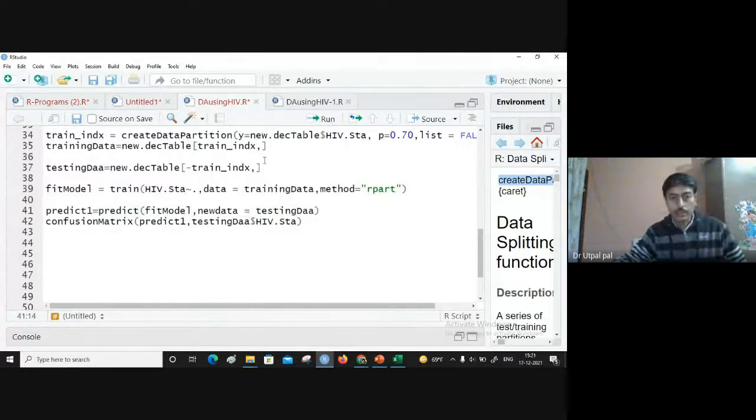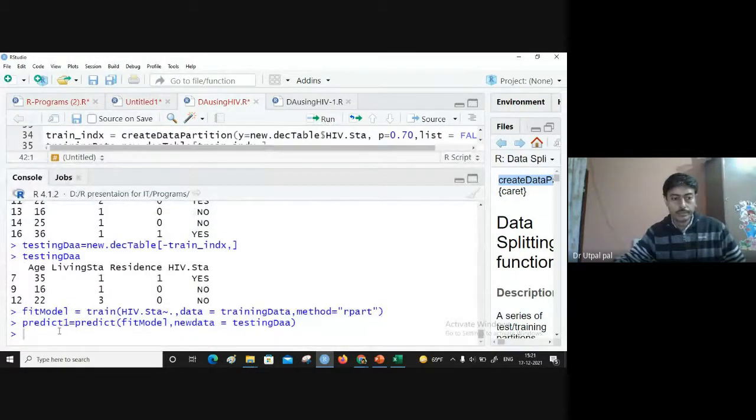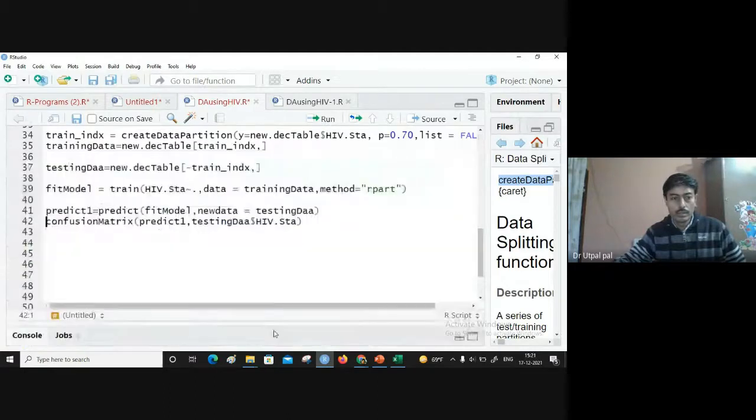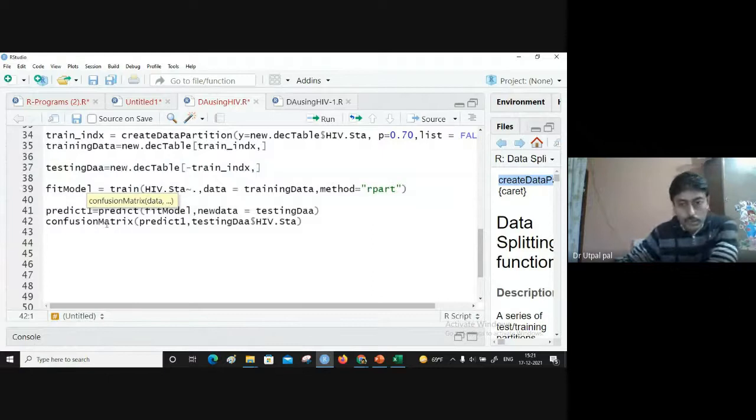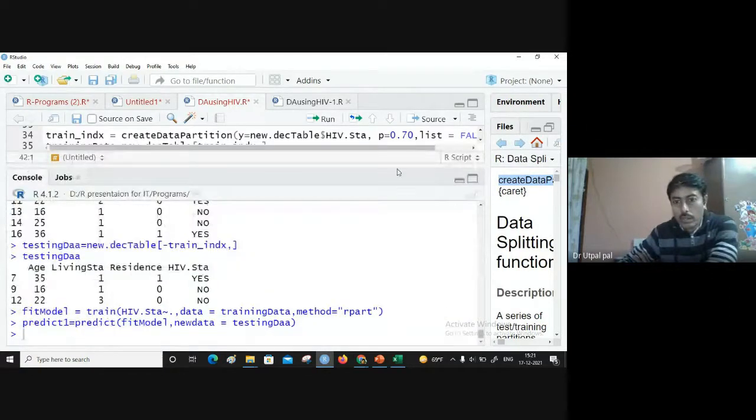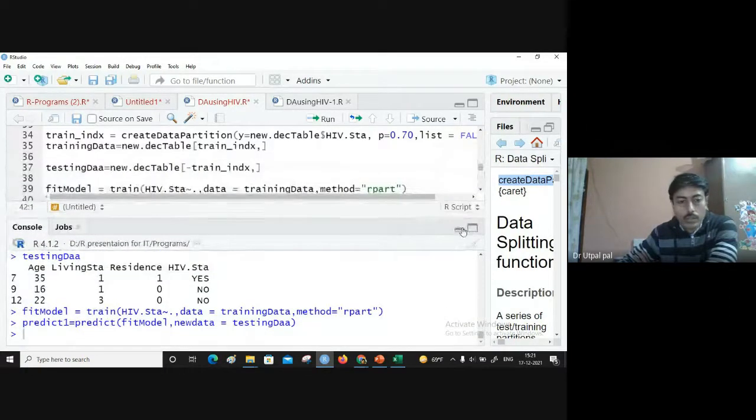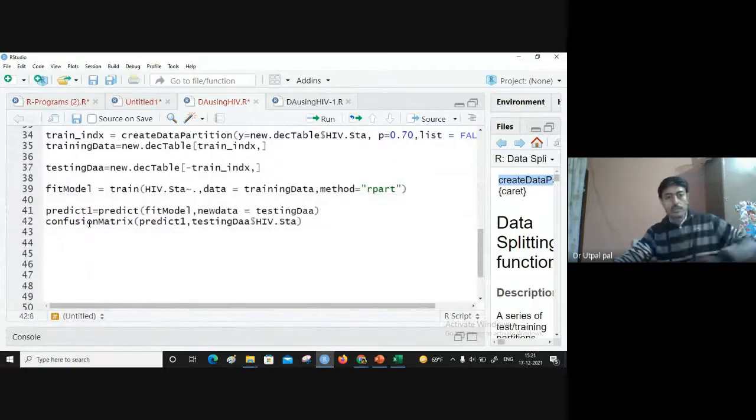Okay, so let us execute this line. And now to see the statistics about this, we can run the confusion matrix. The confusion matrix will show the accuracy of the model.